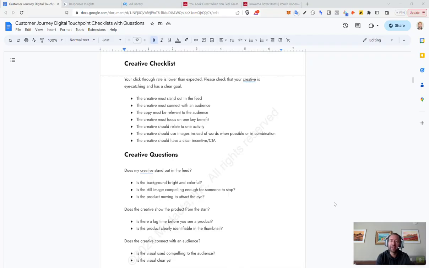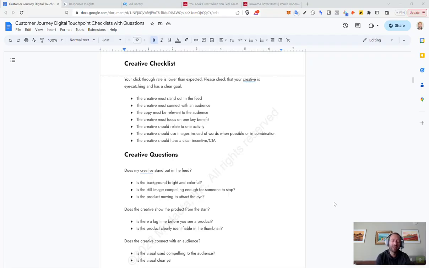It's listed here. Your click-through rate is lower than expected relating to ads. Please check your creative. Is it eye-catching and has a clear goal? The majority of the ads that I see are just not good. And I hate to say it, and I don't want to pick on anyone individually, but for the majority of ads that I see on Facebook or anywhere else, they just don't have anything. And they are violating some of the easiest rules of how to create an ad